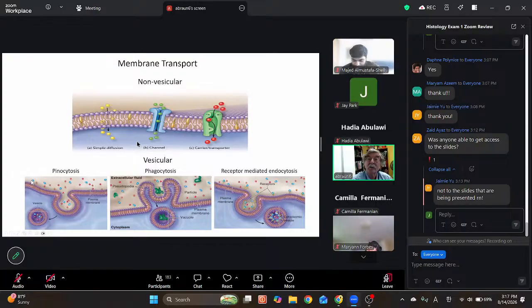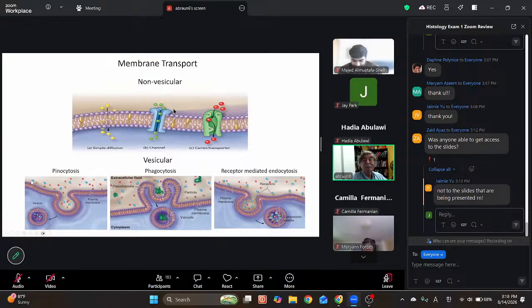There is non-vesicular transport, where a little vesicle does not bud off the membrane in order to transport materials. And here we see there are several different varieties of non-vesicular transport. Some molecules which are totally nonpolar, for example oxygen or nitrogen, may simply diffuse through the membrane because there is a lipid barrier within the membrane, but if a molecule is totally nonpolar, it may still diffuse right across the membrane. You see it demonstrated right here. Other molecules